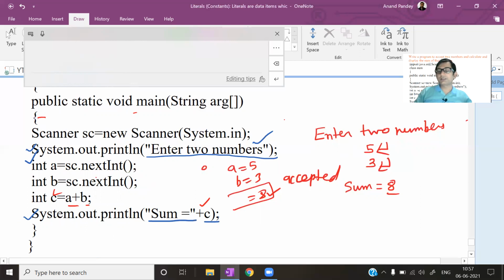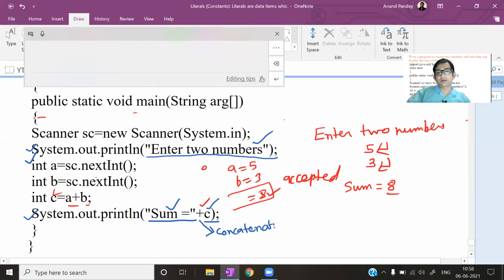दो चीजें, यहाँ पे दो चीजें, हमें मैसेज प्रिंट करना है और किसी वेरिएबल की वैल्यू प्रिंट करना है. तो here in between the message and the value of the variable, this plus symbol is required to join them. मैसेज और वेरिएबल के बीच में प्लस सिंबल होना चाहिए. What this plus symbol does, it concatenates them, मींस मैसेज और वेरिएबल की वैल्यू को ज्वाइन करके प्रिंट करता है. ओके, तो हर मैसेज और वेरिएबल के बीच में एक प्लस सिंबल होना चाहिए. And this is actually the concatenation operator.